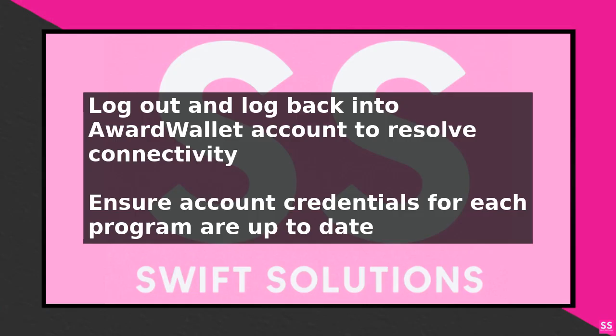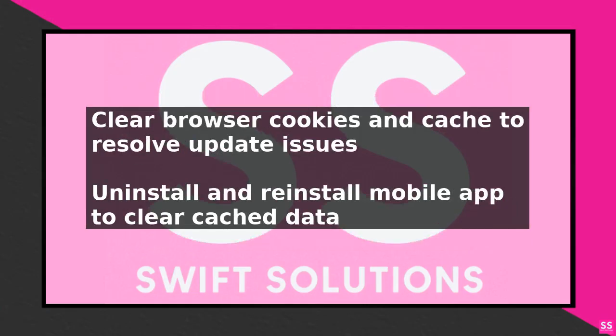Another common issue is cookies and cache interfering with the update process. Clearing your browser's cookies and cache can resolve this issue. For mobile app users, try uninstalling and reinstalling the app to ensure you have the latest version and to clear any cached data. Additionally, check the AwardWallet status page for any known issues or maintenance that may be affecting balance